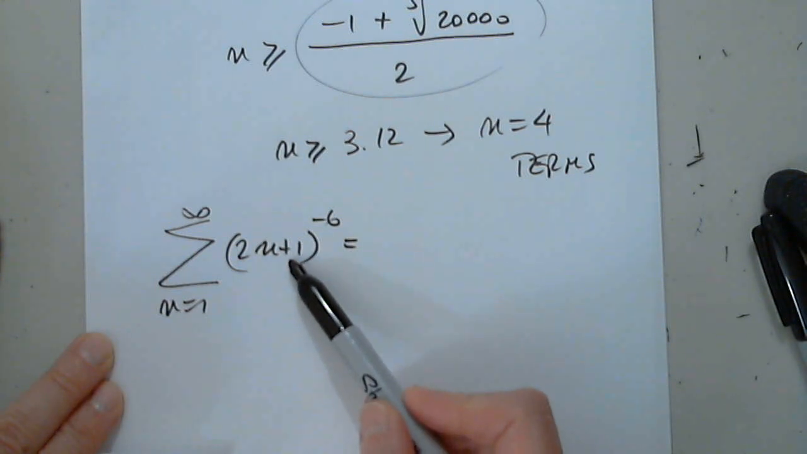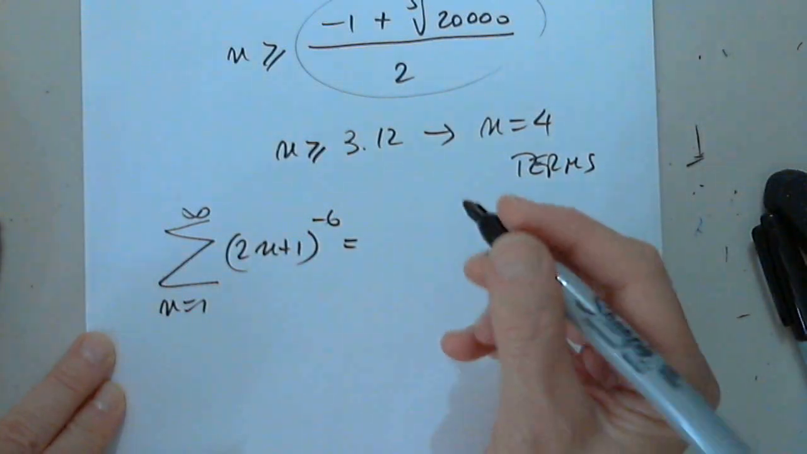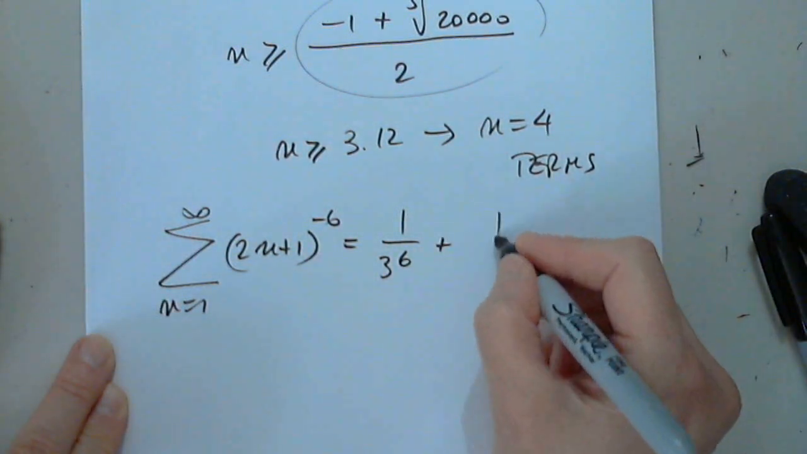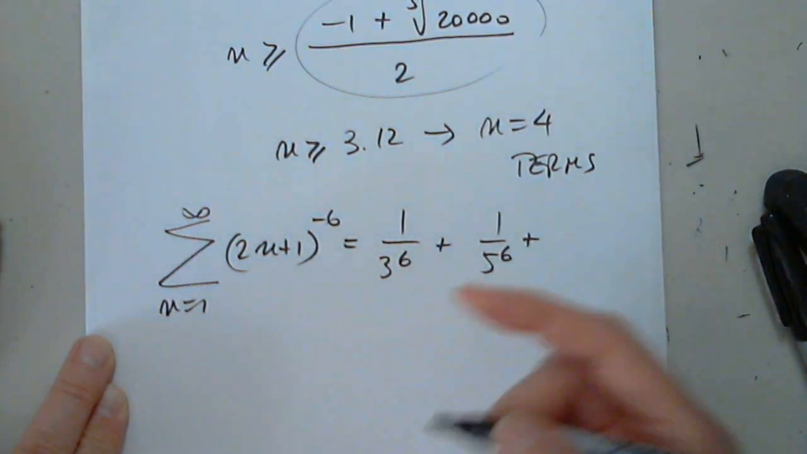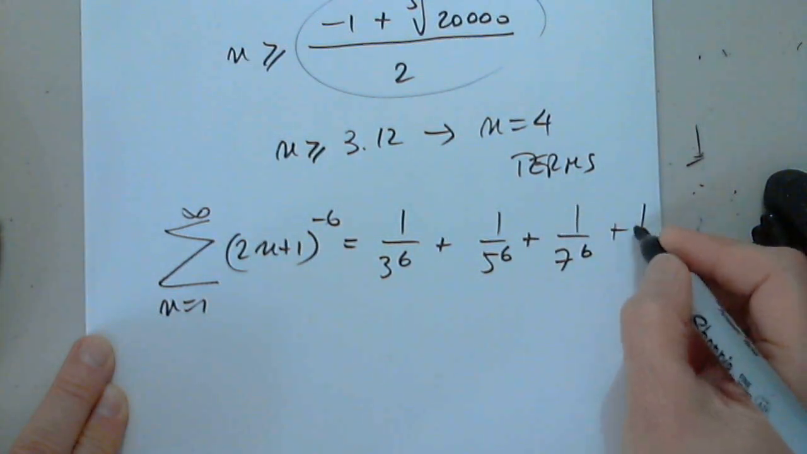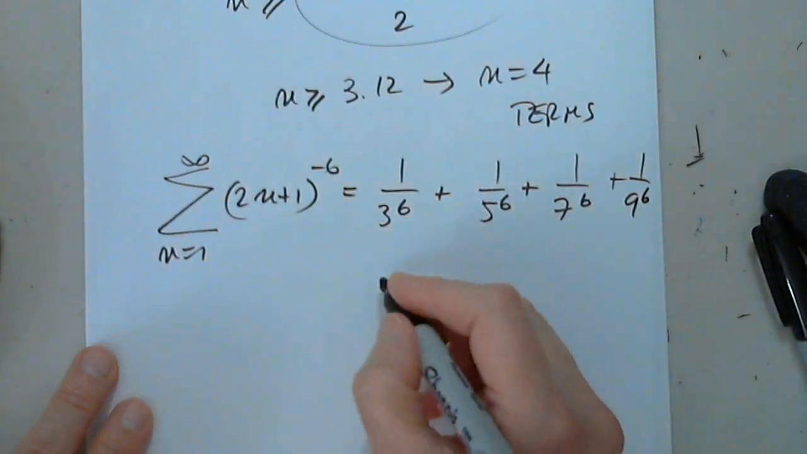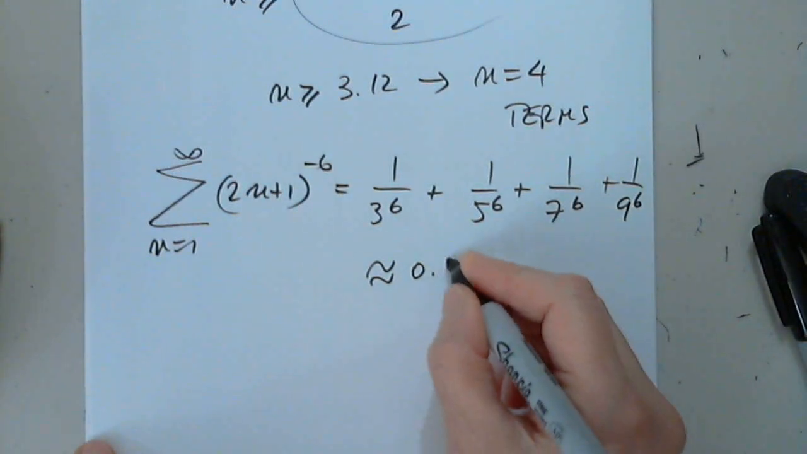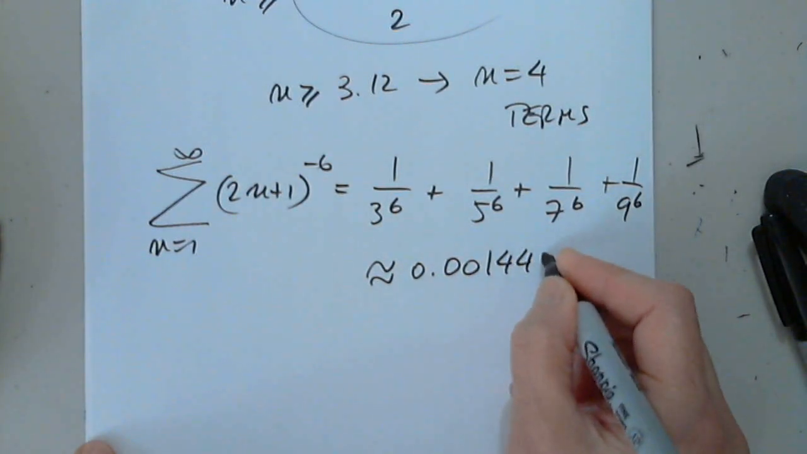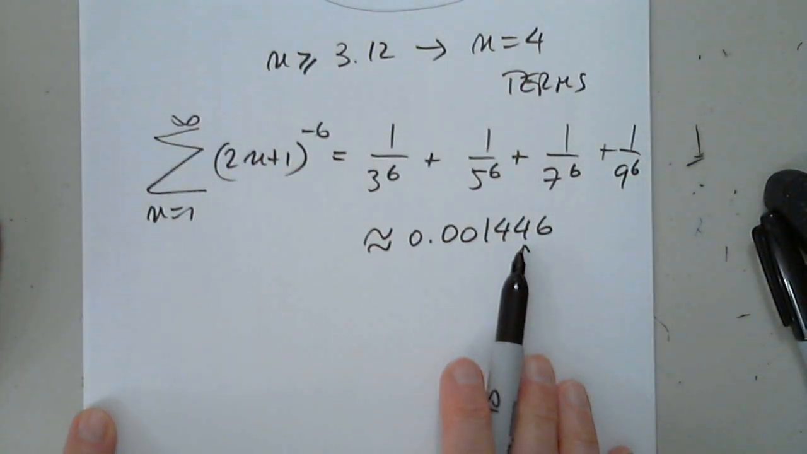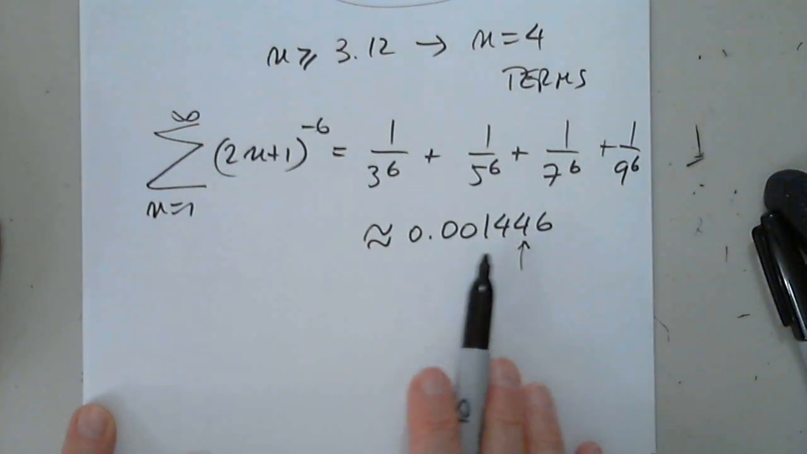What do we have with 4 terms? 2 plus 1, so this will be 1 over 3 to the 6th. The next term, 1 over 5 to the 6th. The next term, 1 over 7 to the 6th. And the last term, 1 over 9 to the 6th. For the approximation, please put it in the graphing calculator as we discussed. I got 0.001446. As you see, it will be with 5 digits accuracy,